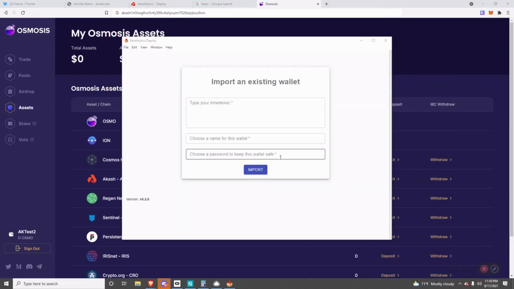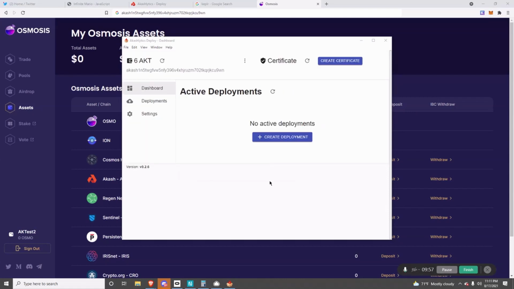All right, so I had to actually log out of my old wallet, so I did, and now you have to import your next wallet. So once again, I'm not going to show you my keys, so I'm just going to pause the video here, and we're going to skip over this part, but you would just enter all the information as follows. All right, and now that I am inside the deployment tool with my 6 AKT, as I've shown,